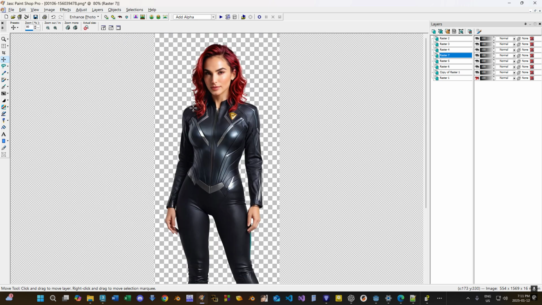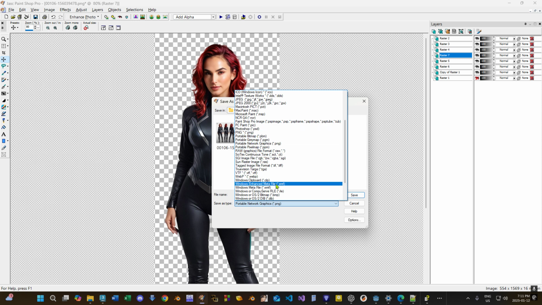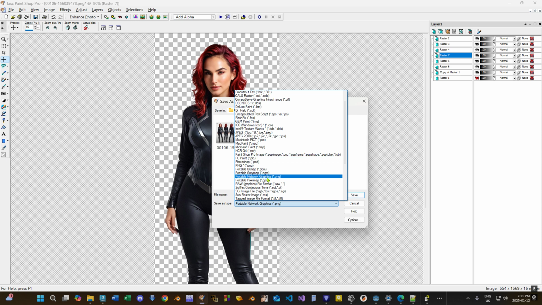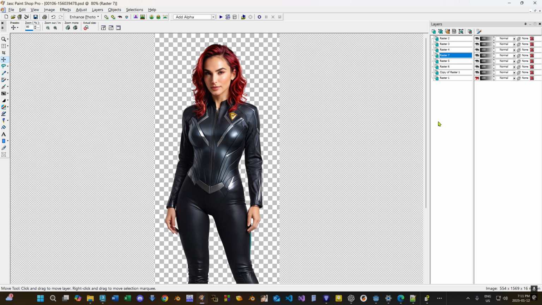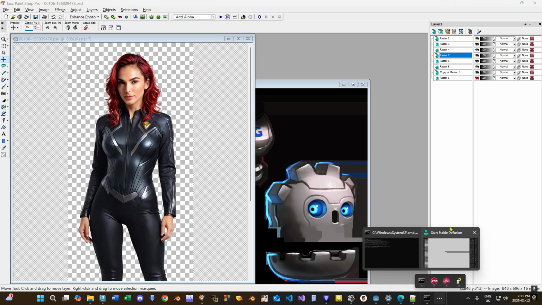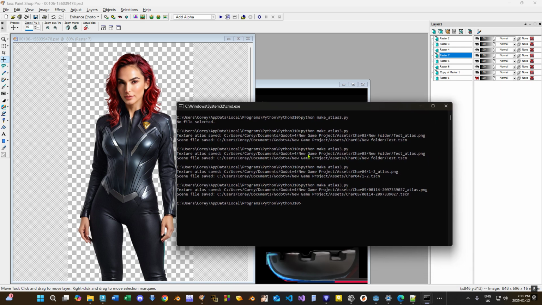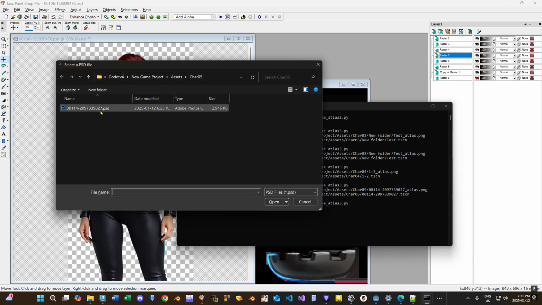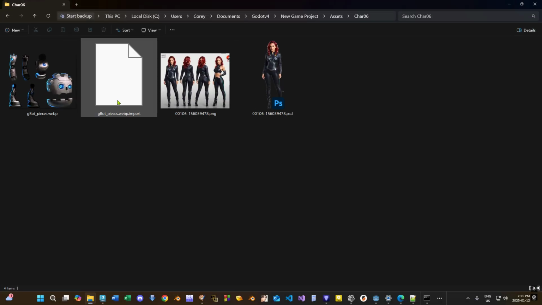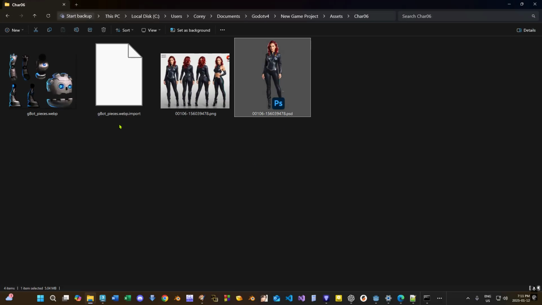Cool. Okay. I'm going to save this as a PSD. PSD, where are you, PSD? There it is. And then I'm going to use a little utility script that I got from ChatGPT that runs in Python, and we're going to run that on the PSD that we just got from Godot. And that's it. So it'll generate the PSD, and it'll generate the,